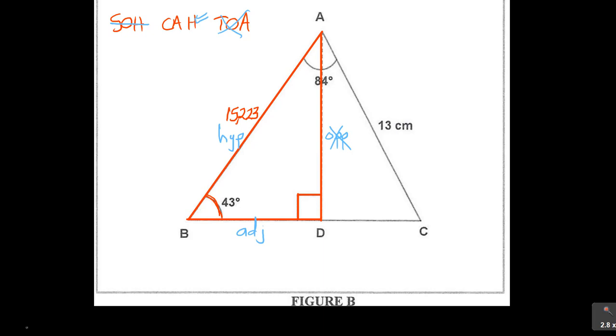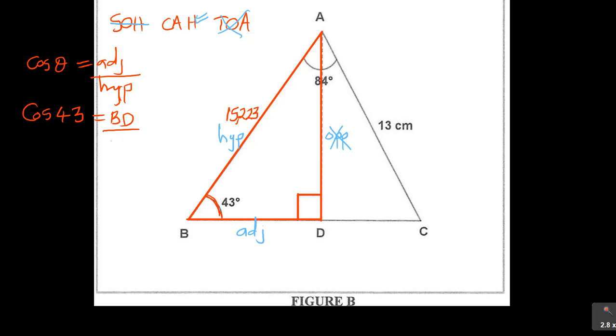It says cos theta is equal to adjacent over hypotenuse. So cos of 43 degrees is equal to my adjacent, BD,